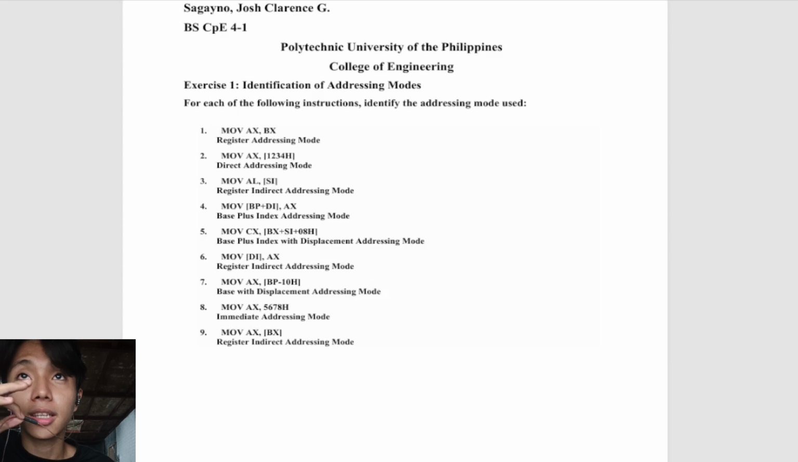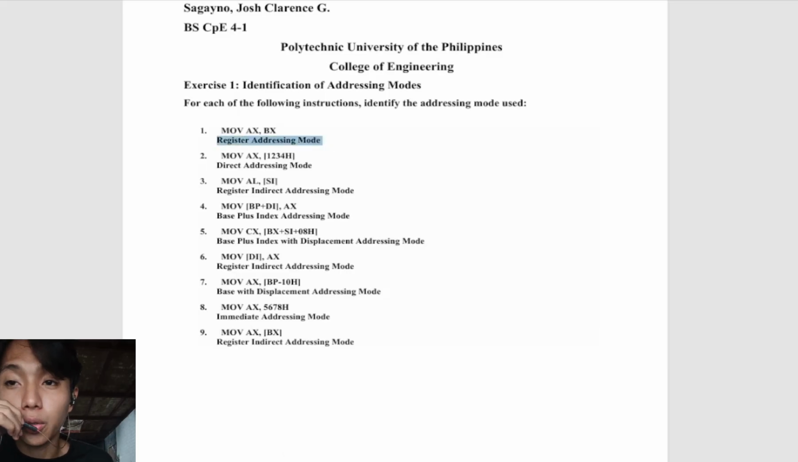So coming in at the first exercise, which is the identification of addressing modes. For each of the following instructions, identify the addressing mode used. So number 1 is mov AX, BX. The answer to this is